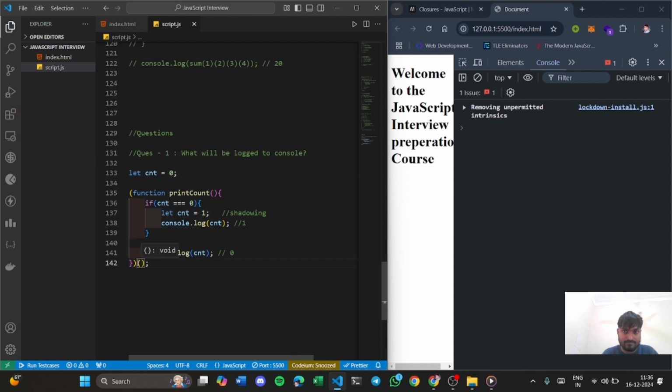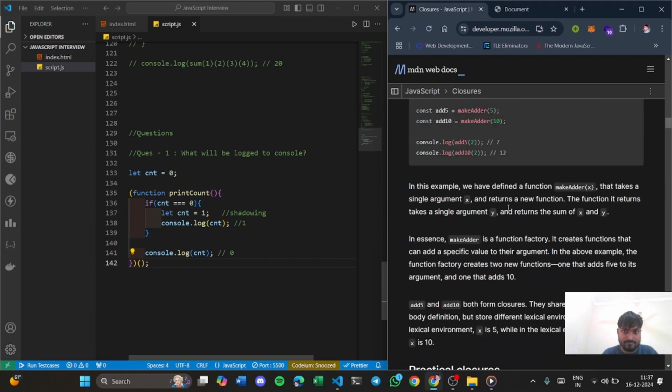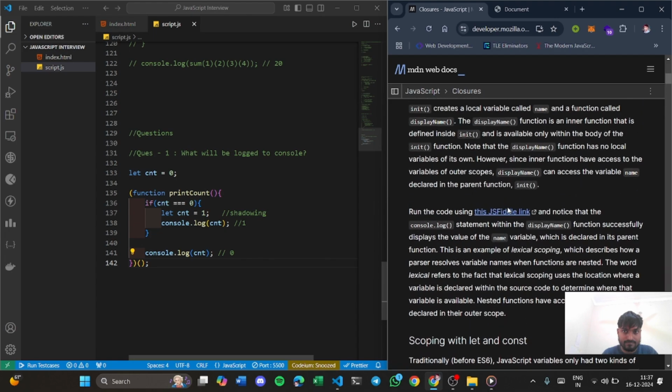So let's call this function here. You can see here that first we are getting 1, and at the end we are getting 0. So this was simple, about understanding scope and closures in JavaScript. I hope you have understood closures, and again I must have left some topics out, so you can go to the MDN documentation of closures for JavaScript and study from there for diving deep into the concept.